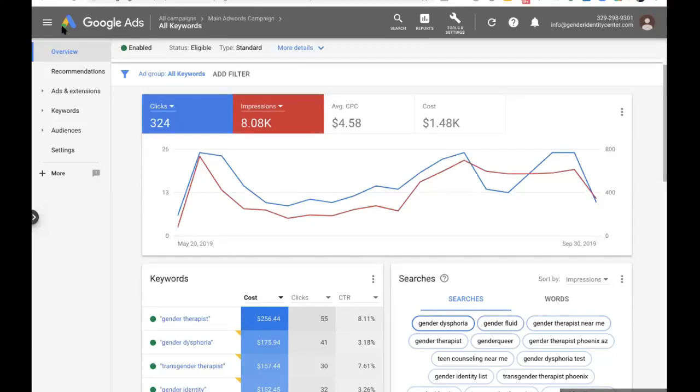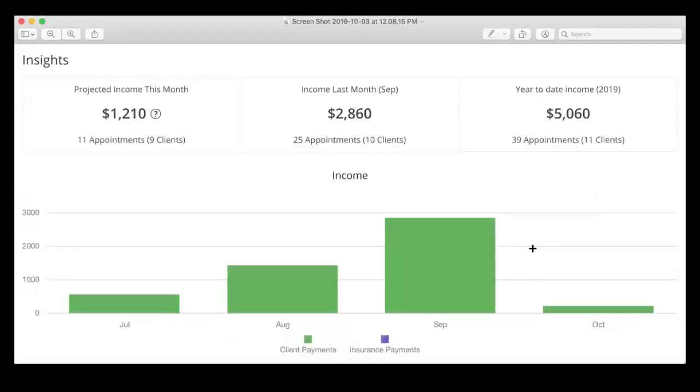What I want to show you then, I'm going to switch the share over to this little preview screenshot here. Okay. So what this will show, can you guys see this? The insights? Just hit the hand raise button real quick if you can see this. Okay, you guys can see this. All right, thank you. So this is the projected income this month. That will be a lot higher because right now she just doesn't have people scheduled all the way through the month. It's October 3rd. So people haven't set appointments.